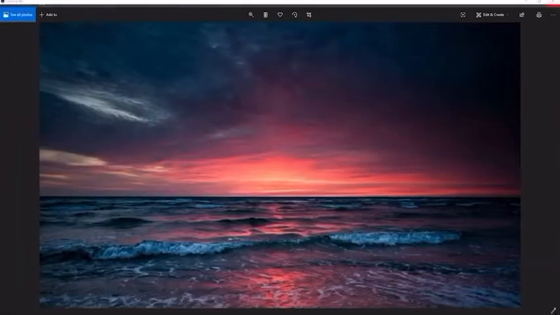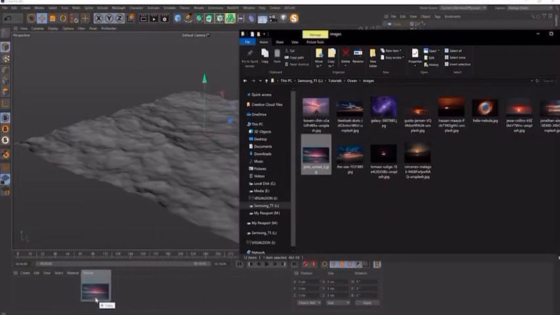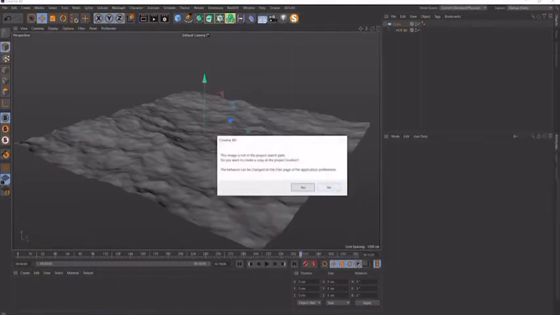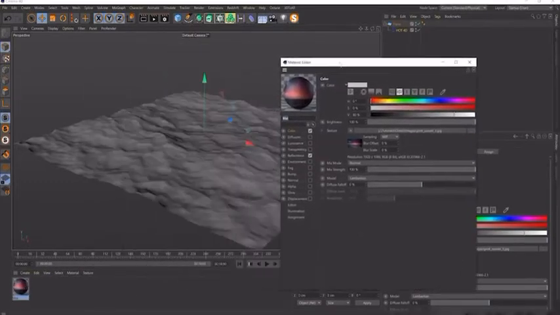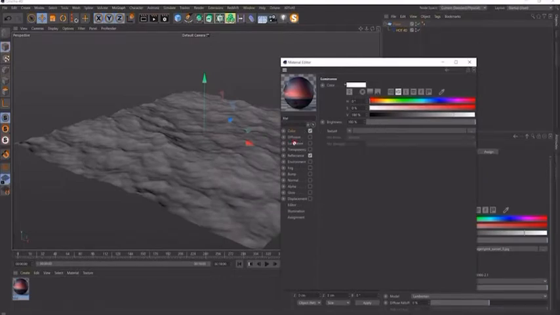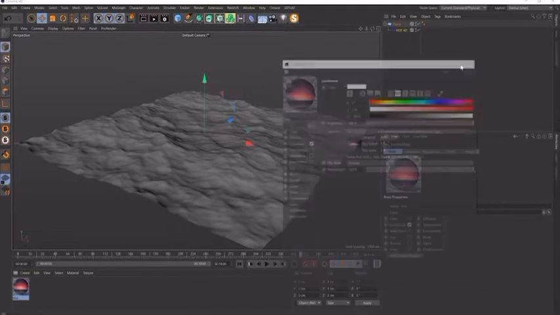You get the idea. In the original example, this is the image which I used, and you can see that the sun is missing. That's because that's something I created separately in Cinema 4D, so we'll get to that at some point. But let's just bring this in here to start with and make it a material. Let's open it up. We're going to go to the color channel and drag this image out of here into the luminance channel. And if I turn that on and turn off color and reflectance, so we need to attach